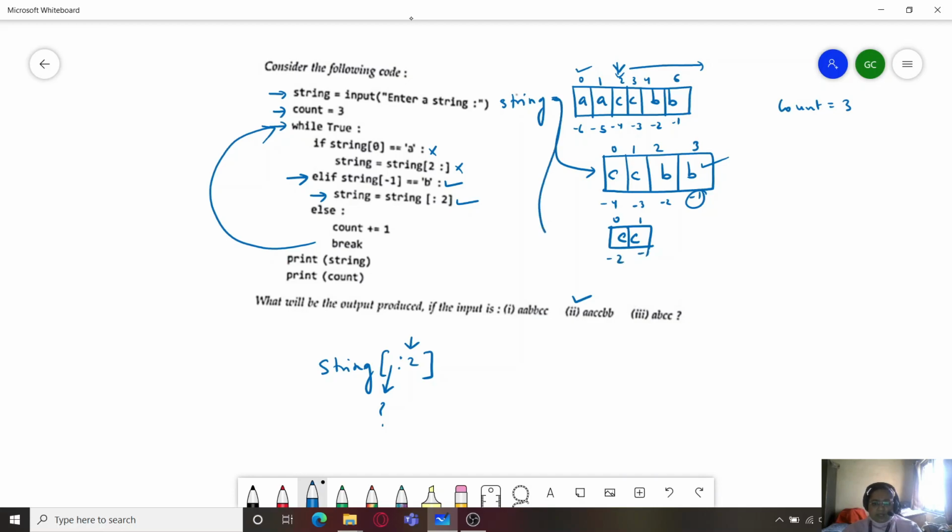So now the string would be allocated this string and this association will be broken. Fine. And this else part is also not to be executed. Again the program control will go back. It will again now start from the first if statement here. Is string 0 A?